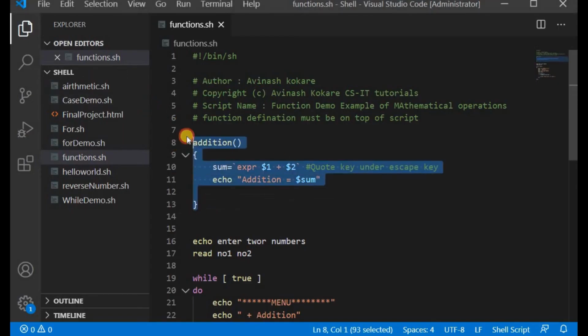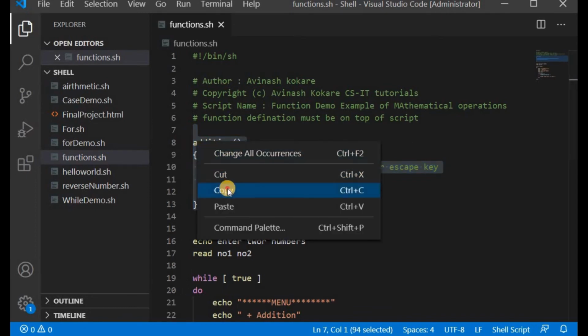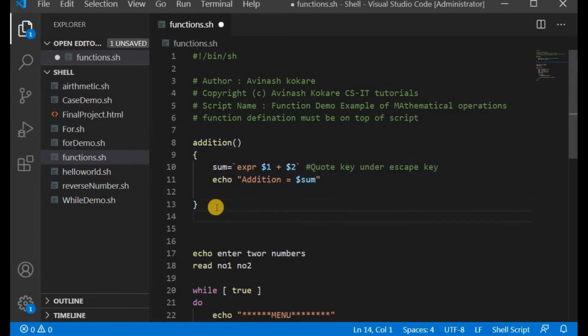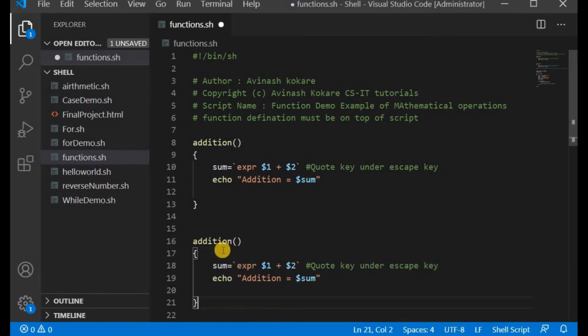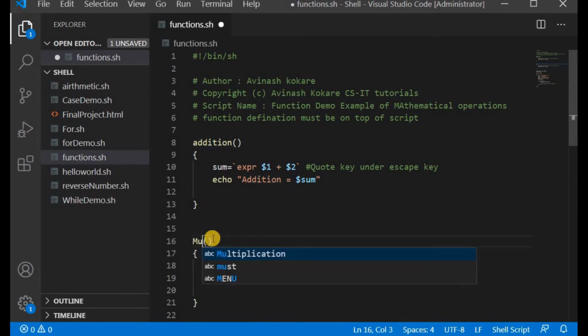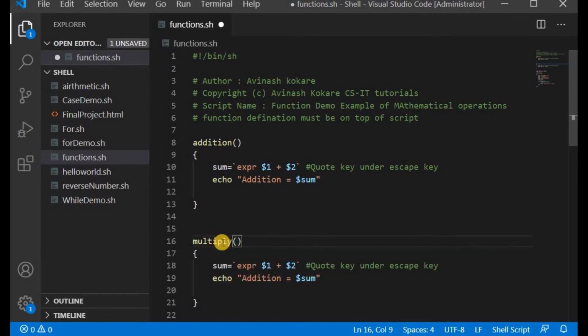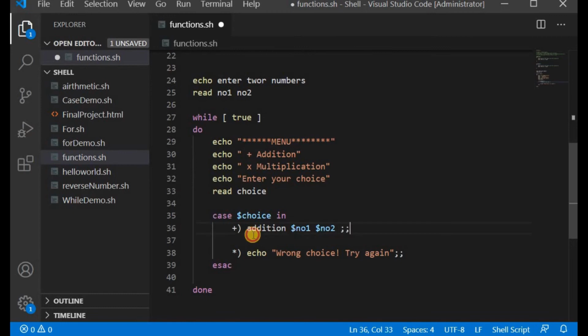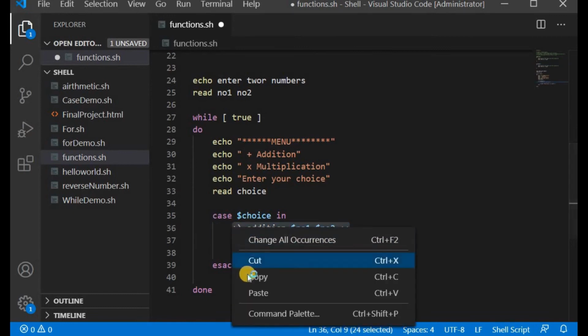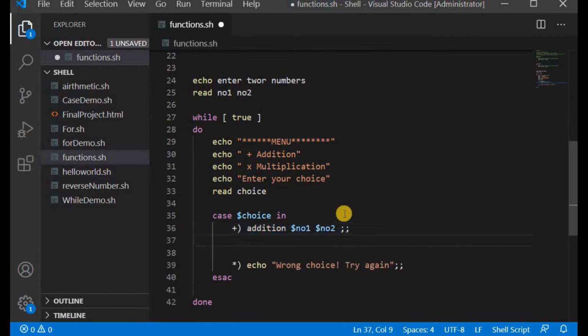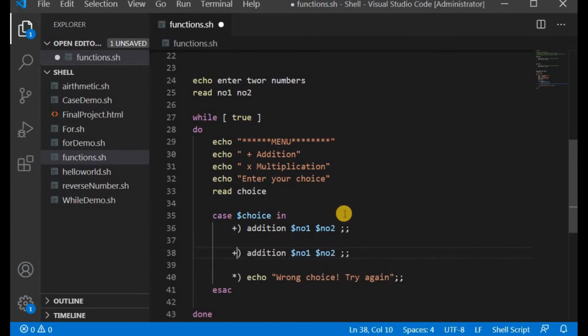Now we will just copy this function for multiplication. Multiply. And in this case we will copy. Instead of plus, we will write x here. Don't write star, because star means a default case. That's why we are using the letter x here.